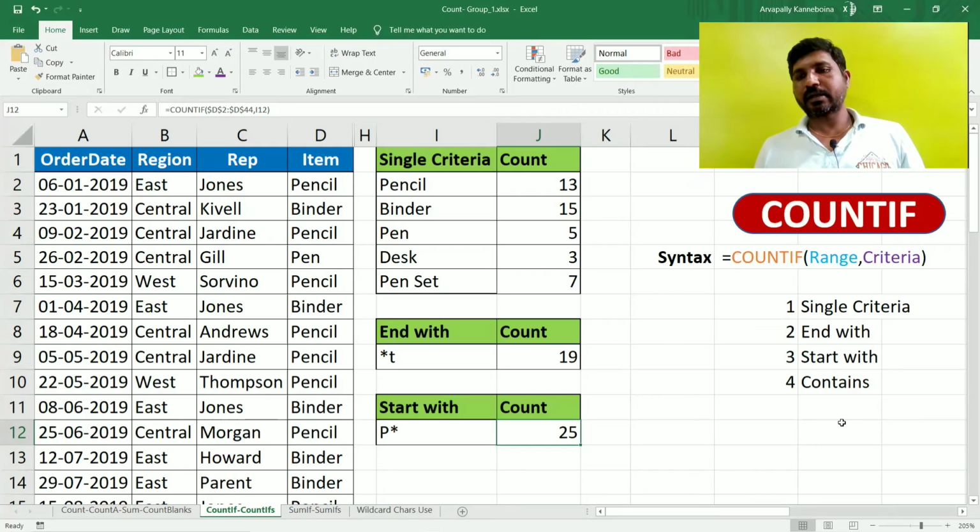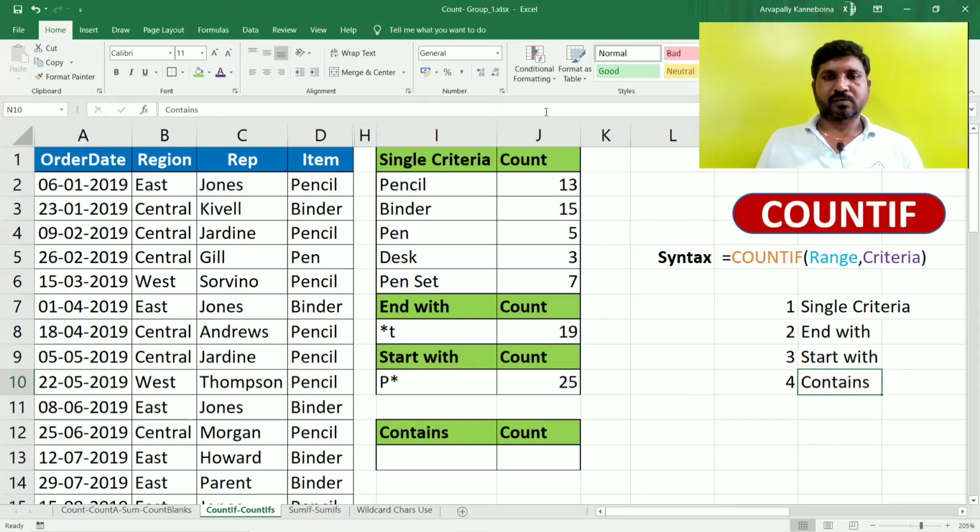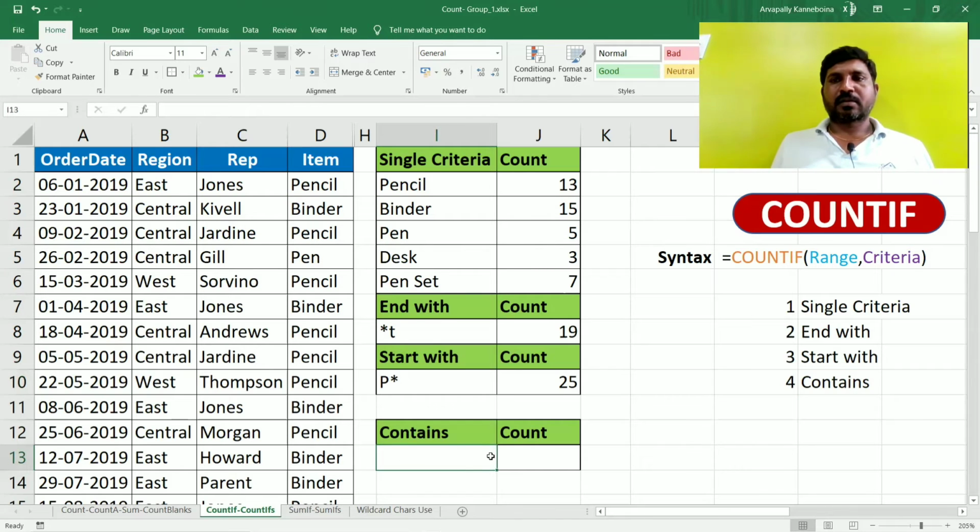The next should be contains. Now we are going to discuss the text contains. Our criteria is a given text, and it should be in the cell to be counted.